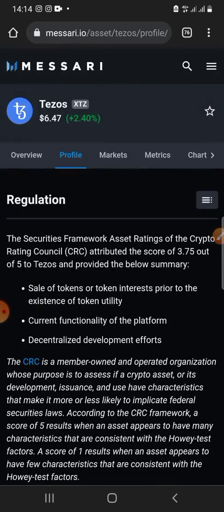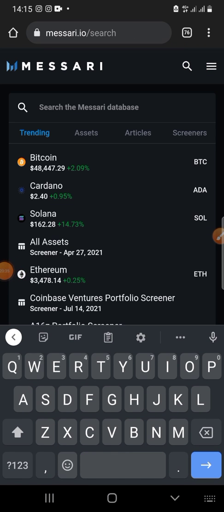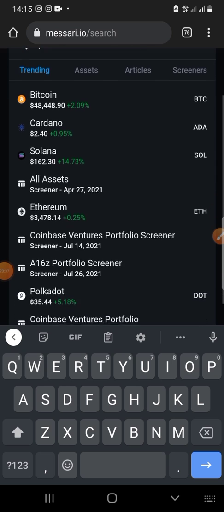So when you come to Messari, you do well to read a lot about the project, and then be sure to jot down the names of the founders and all that. So you do that for any project you want to find out about. You use the search button, and then always remember to go to, so there are so many projects in here.